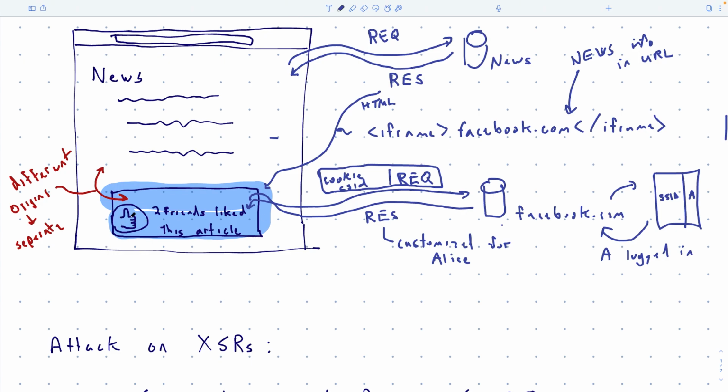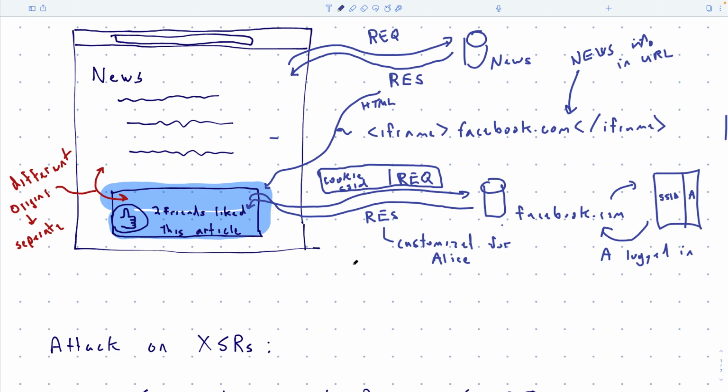Basically, we need them to actually click that button. If they don't click it, then there's no way to trick through using URLs, clever URLs. You're not able to trick the user into liking it. Okay. Now, can you with JavaScript reach in and click that like button for the user? Could the news website reach into that iframe and click the like button for the user just using JavaScript?